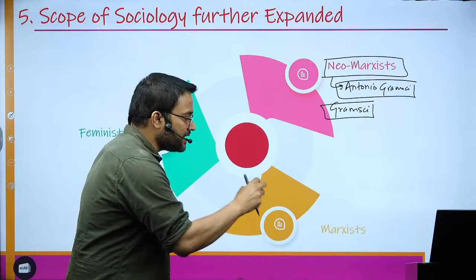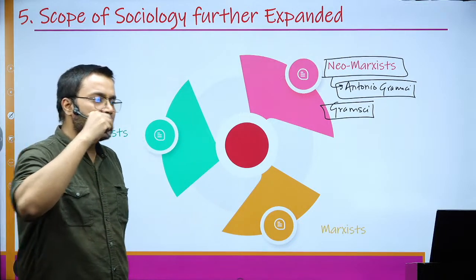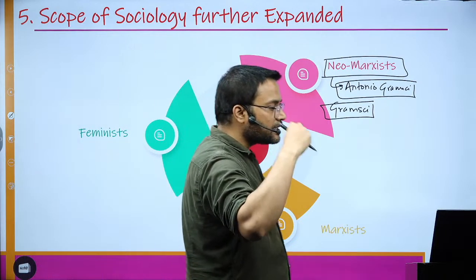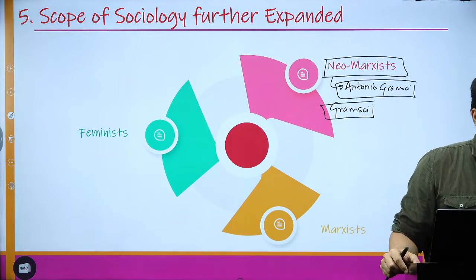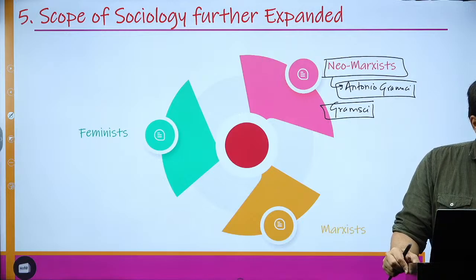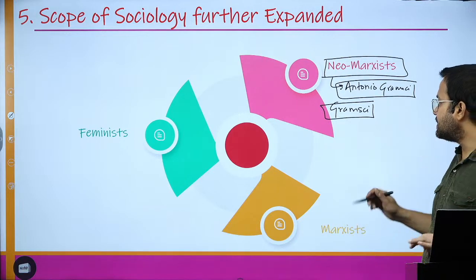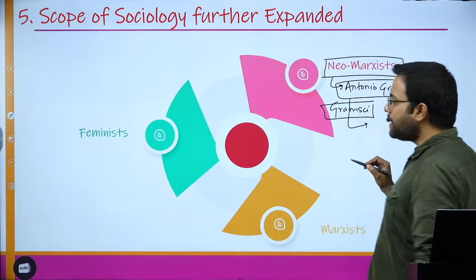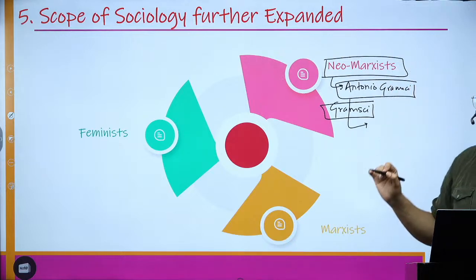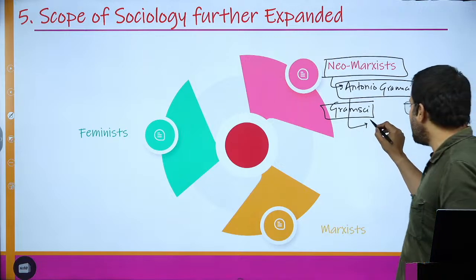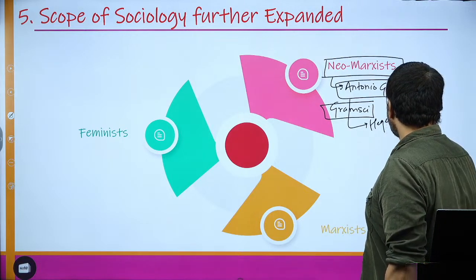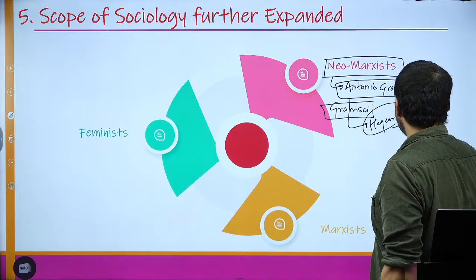While Marxists say that the bourgeoisie class were able to rule over the proletariat class by perpetuating a certain false consciousness, neo-Marxists like Antonio Gramsci were saying that the bourgeoisie class are able to maintain their hegemony over the labor class,